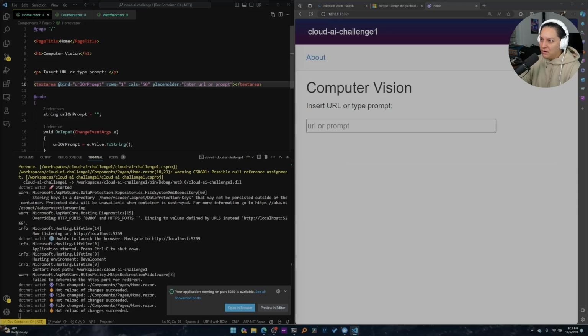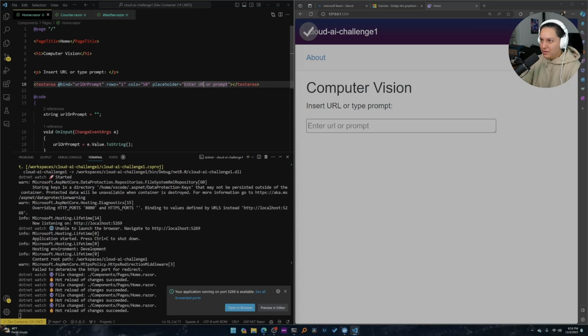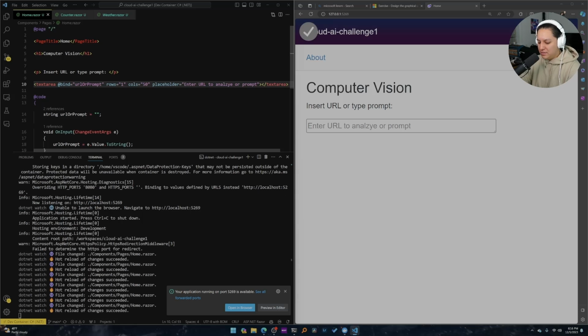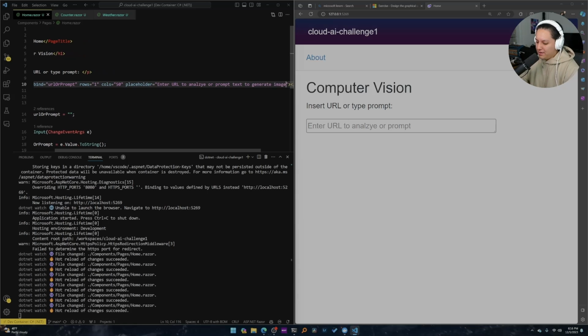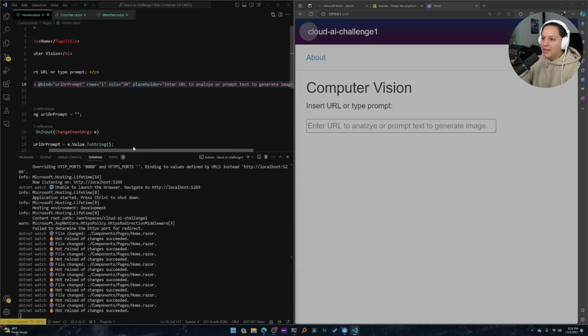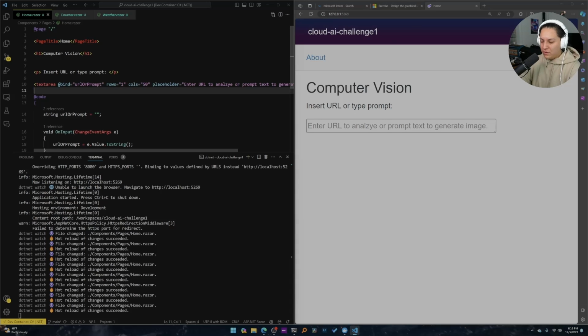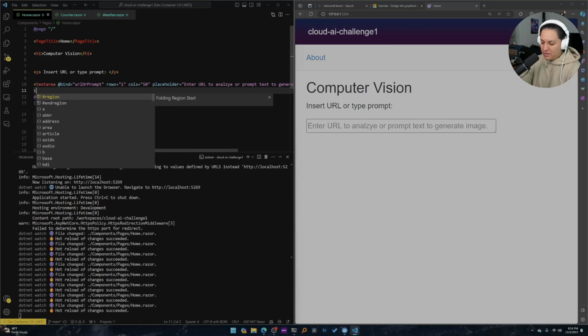Enter URL. I'm just going to put URL or prompt. URL, actually, enter analyze or prompt text to generate image. All right, cool. Then what we need are 2 buttons. So we're just going to do button,